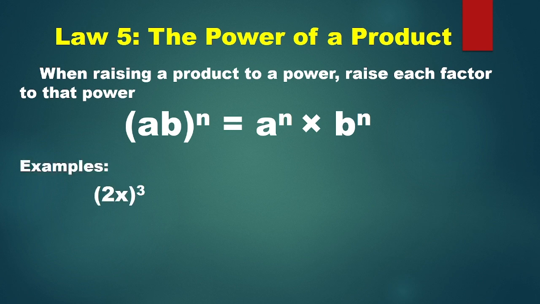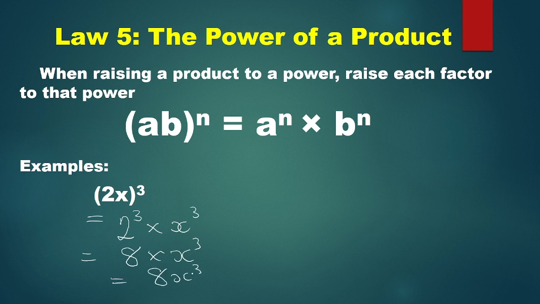Examples, if I have 2x raised to the power 3, this is equal to 2 raised to the power 3 multiplied by x raised to the power 3. 2 raised to the power 3 is 2 times 2 times 2, and that's 8, multiplied by x raised to the power 3. So my final value is 8x raised to power 3. And that's it. Another example, if I have 3y raised to power 4, that would simply be 3 raised